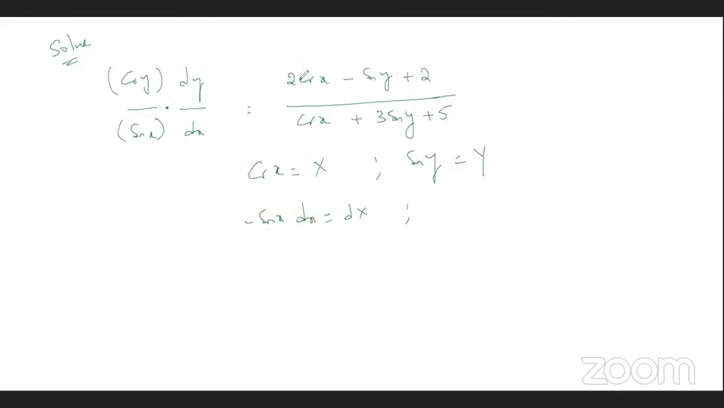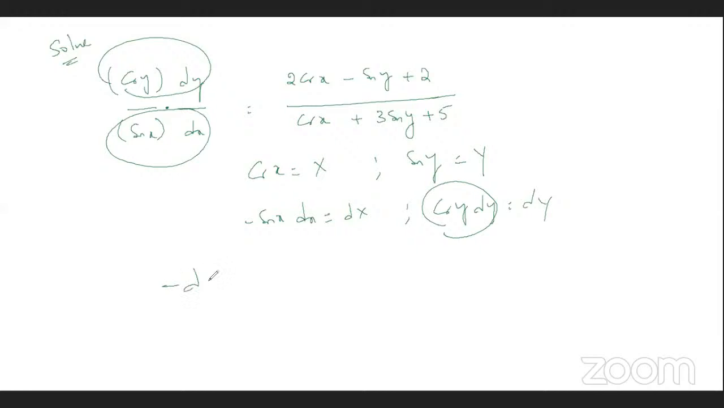The right side term, we can get linear in x, y by linear in x, y. Is it right? Yes sir. So cos y dy, I can write it as d capital Y. And sin x dx is minus d capital X. So minus d capital Y by d capital X equal to (2x minus y plus 2) by (x plus